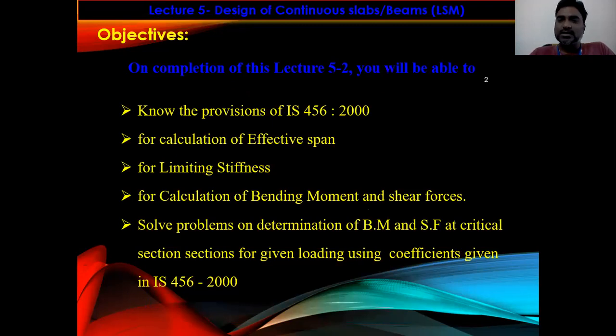You will also know how to determine the bending moment and shear force coefficients, and how to determine the maximum shear force and bending moments in continuous beams and slabs. We will solve some example problems on determination of bending moment and shear force at critical sections by using IS 456-2000